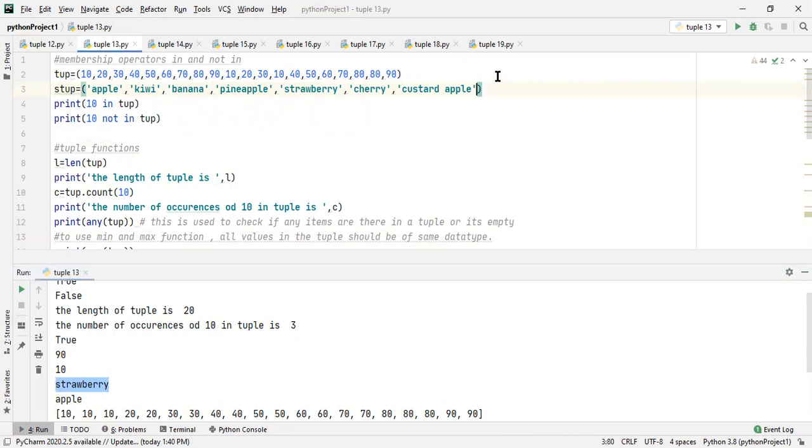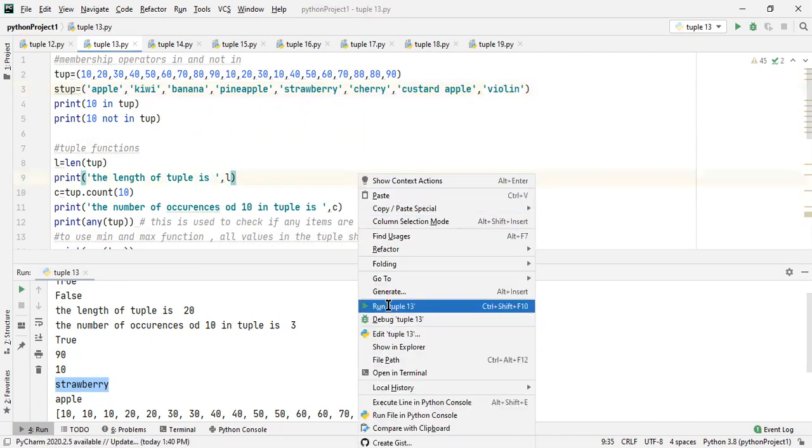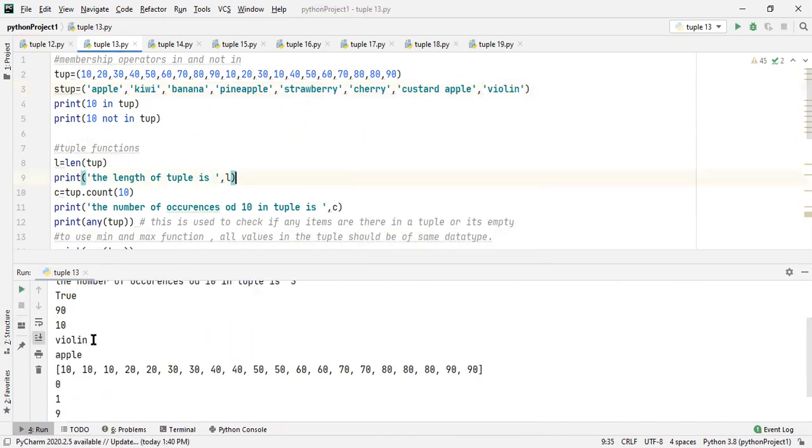Now let's put something else over here. I'm putting a completely different word, a violin, over here. And then we are going to run this and check. I have violin over here now.